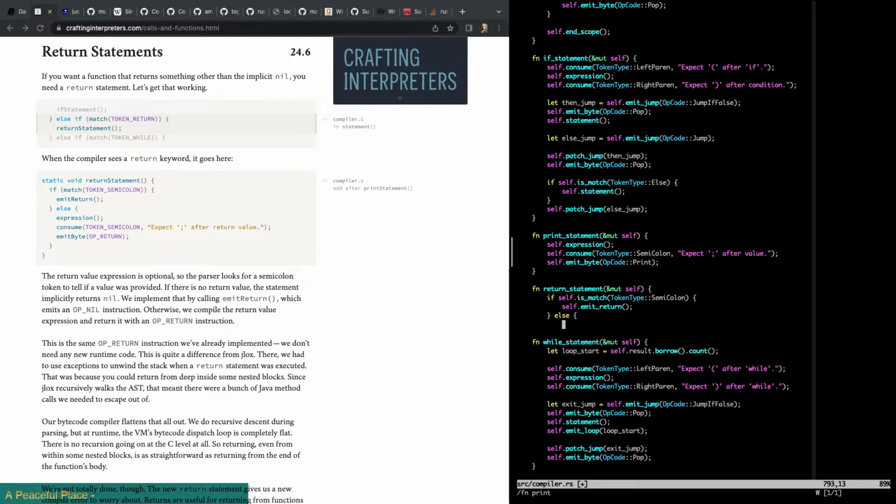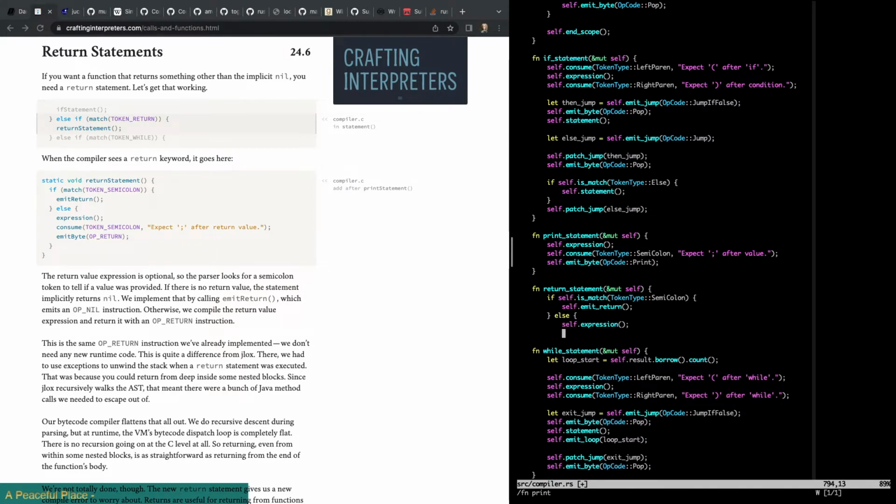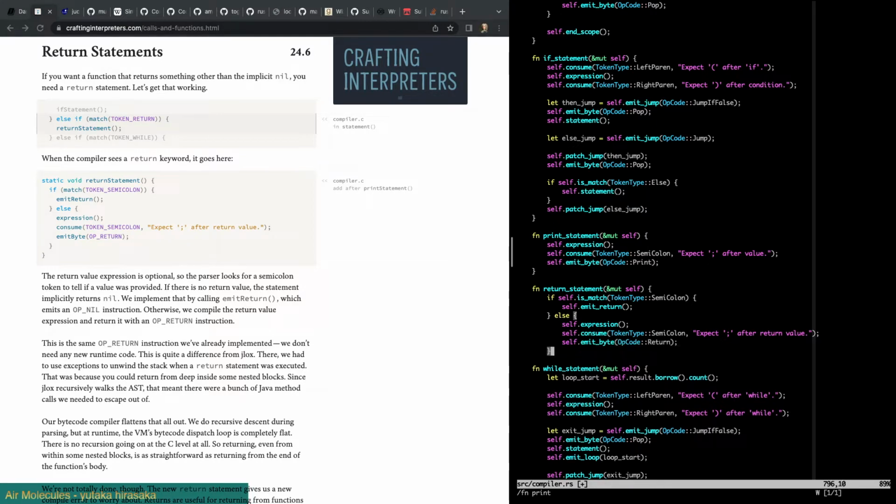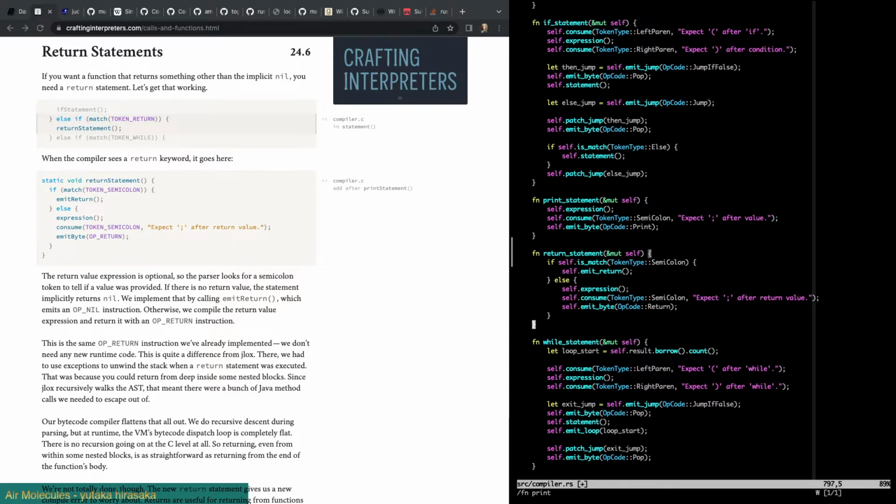Else, self-expression, right? Because we have to evaluate what we're returning. Self-consume, semicolon. And then self-emit byte, opcode, return. And I don't have to put the into anymore. Isn't that cool? Okay.